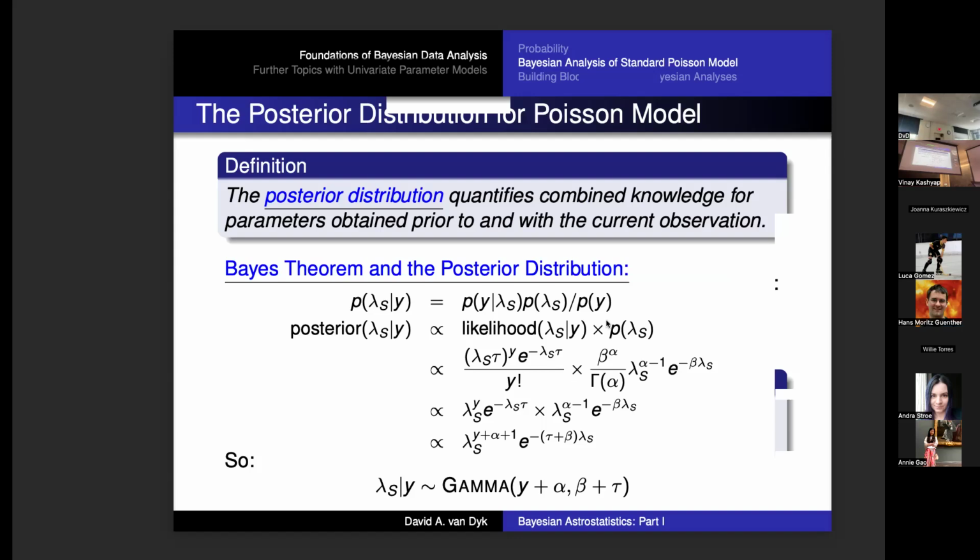Bayes' theorem says, now writing it in terms of the parameters, I want to know the distribution of the parameter given the data, and that's going to be the likelihood times the prior times this mysterious other thing, which is the marginal distribution of the data. But luckily, I can get rid of that because that's the denominator. It doesn't have anything to do with lambda. We don't need it to compute this thing. So I can just write it as proportional to the likelihood times the prior.